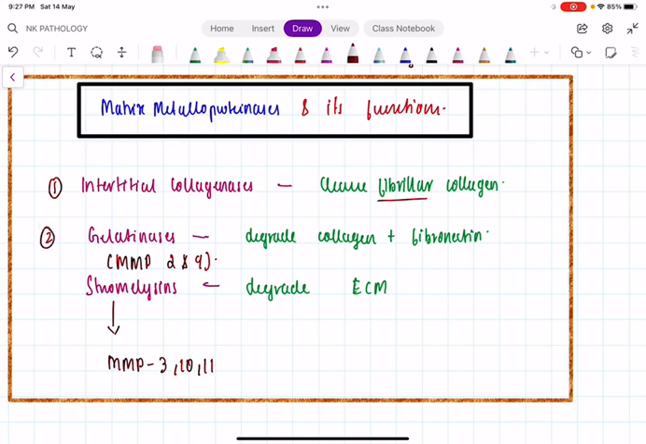Gelatinases are mainly matrix metalloproteinases type 2 and 9. Remember, type 2 and 9, they are gelatinases. They degrade collagen and fibronectin. And finally, the third one is what we call